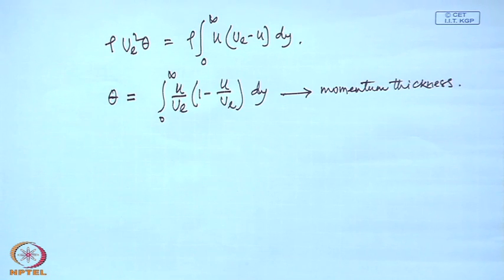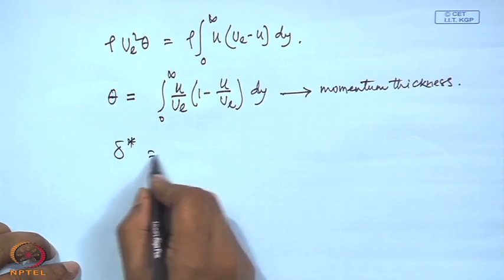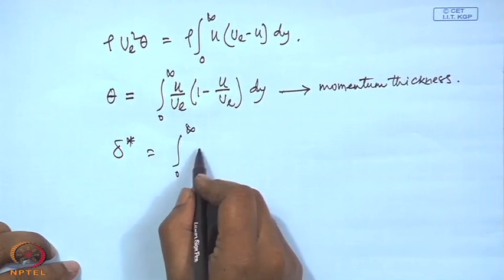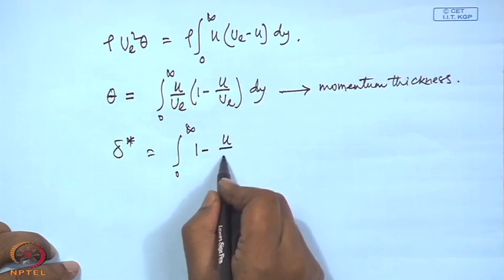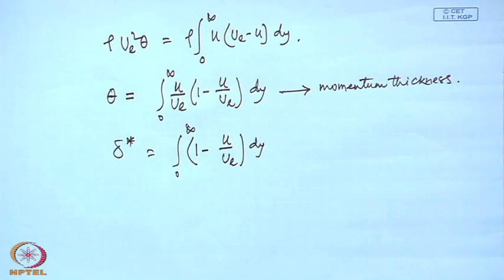If the density is variable, can you say what type of change will be there in these definitions? If the density is a variable, let us say delta star. Delta star we have already defined the displacement thickness as, okay. If the density is a variable,